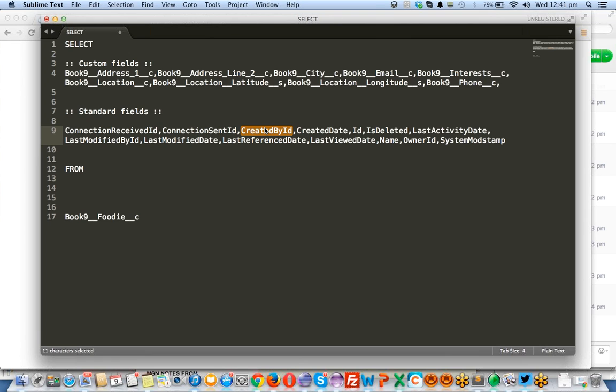So each and every object inside Salesforce will have an ID. That is an 18-digit ID. There are 2 IDs, a 15-digit ID and an 18-digit ID, and these two IDs are similar. But for the application, when you are trying to access it in the front end, you are going to see the 15-digit ID. When you see the ID in the back end, it will be the 18-digit ID.